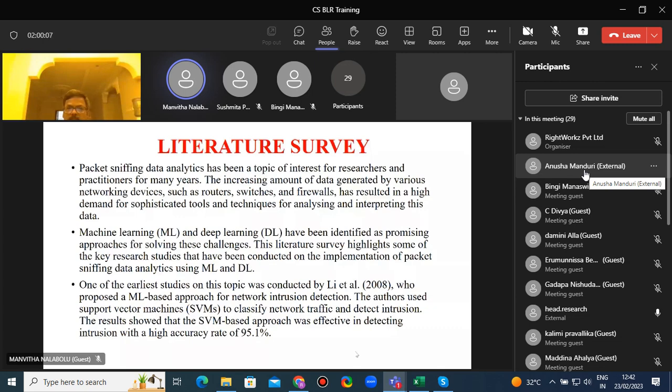And yes, as a conclusion for this literature survey, I would like to conclude that ML has highlighted advantages in analytics. It has shown promising results in various domains such as intrusion detection and anomaly detection in mobile ad-hoc networks. However, further research is needed to explore